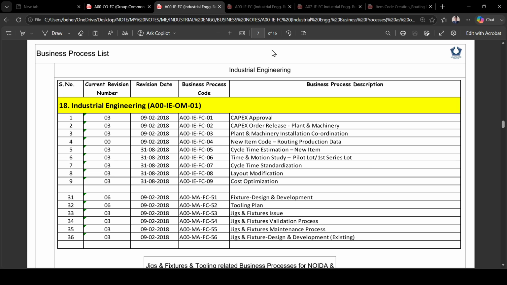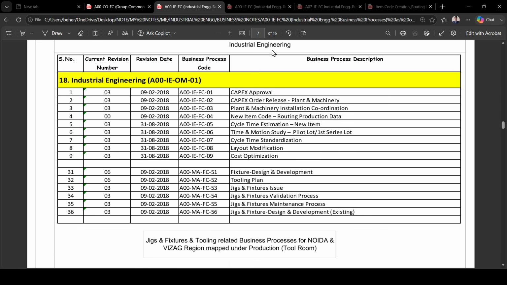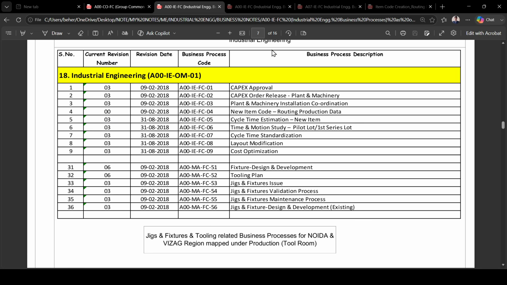New item code, routing, production data. This format: cycle time estimation for new item. Time and motion schedule, pilot, first series lot. This is cycle time standardization. This format: cost optimization. This one: fixture and design development, that is that one code, and the tooling plan, that